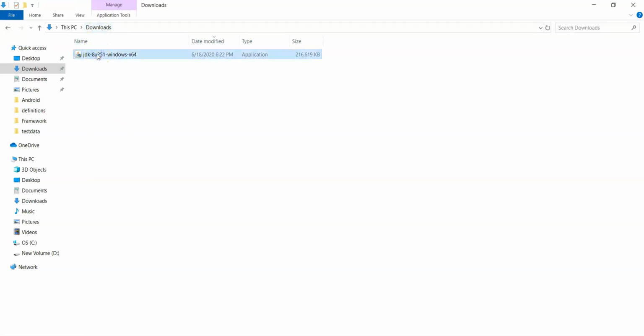So just double click on this file. Here you can select yes. Do you want to allow this app to make changes to your device? Yes. Now installation starts.